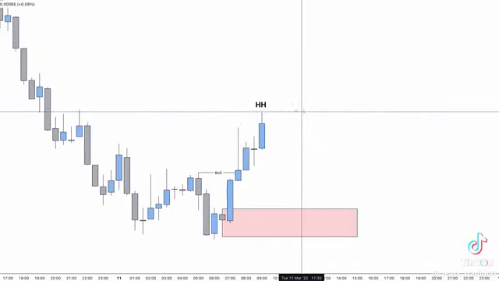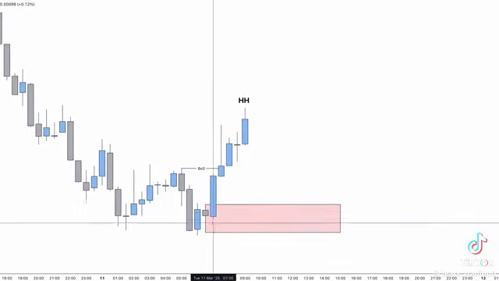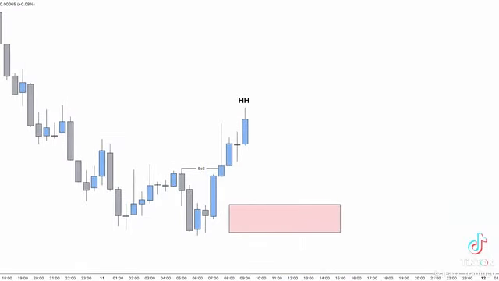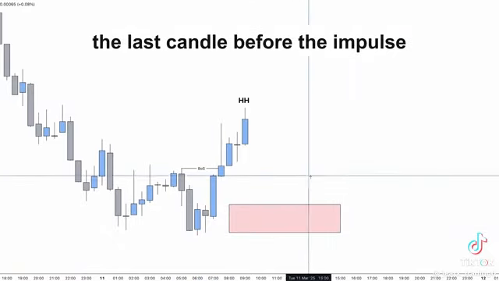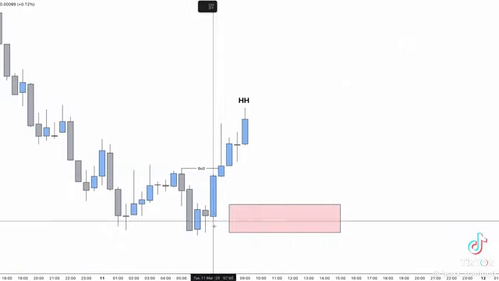Now, as we said, we can use demand zones to place our buy limit. Now, the demand zone in question is this gray candle here. For me, I use the last candle before the impulse. An impulse is a strong bullish or bearish move. Here we can see we have a strong bullish movement. So the last candle before that is going to be this gray one, this indecision candle, this kind of doji